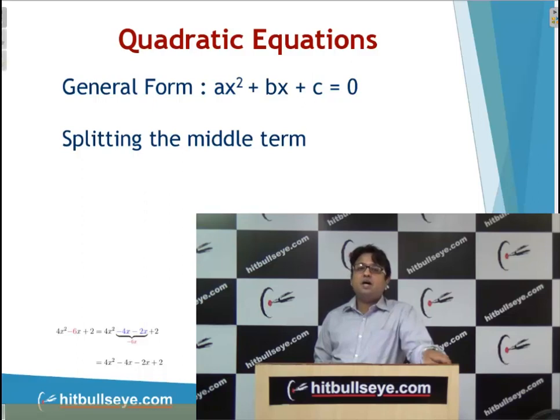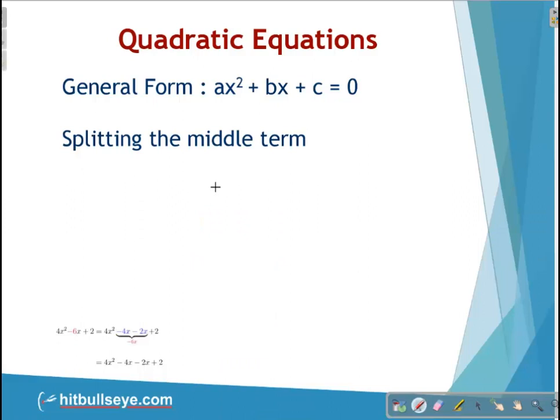Again, we have 2 methods to solve a quadratic equation. First method is splitting the middle term. Let us take the example of 2x square minus 3x minus 9 equals to 0, which is a quadratic equation. Now what I try to do here is try to split 3 in 2 factors, which on multiplication will give me the resultant when I multiply a into c. Means I want to split b in terms of 2 numbers which are the factors of a into c.